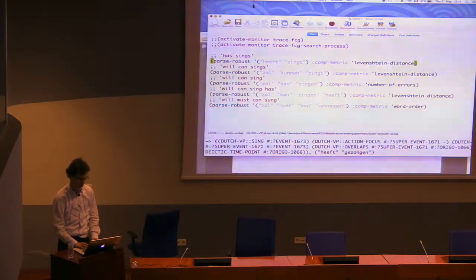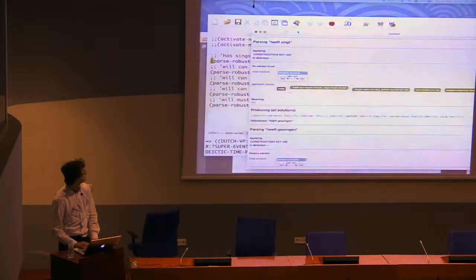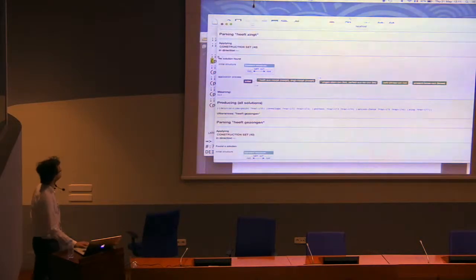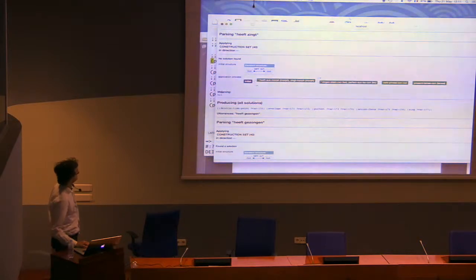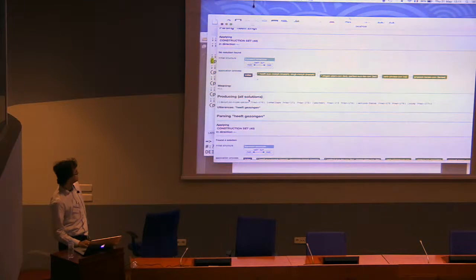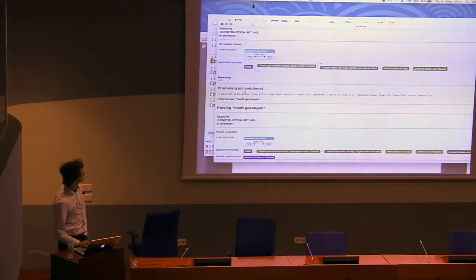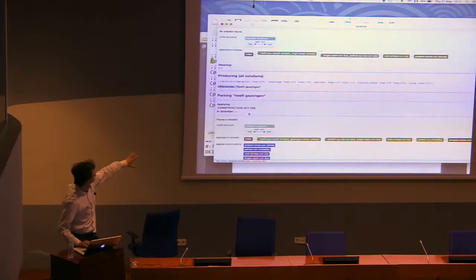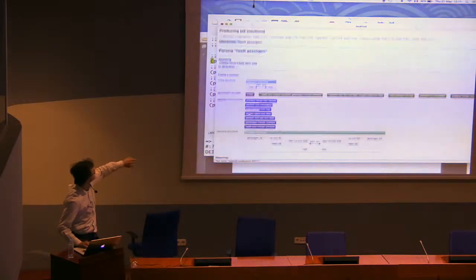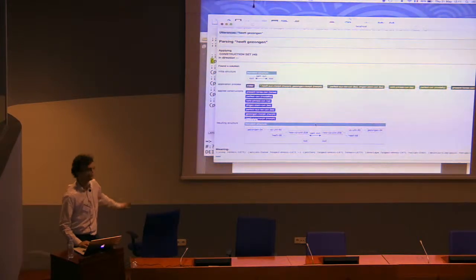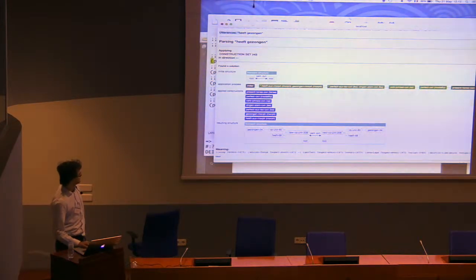I get the output here on my screen, so I will try to put it here as well. So it tries to parse heeft, zingt, meaning nil, so it detects that it cannot come up with a complete analysis. It takes a partial analysis, produces all solutions. In this case, it only gets one solution, heeft gezongen. And this was just to show the final structure, so you're parsing it again. So heeft gezongen, it comes up with an analysis and with a corresponding meaning network.